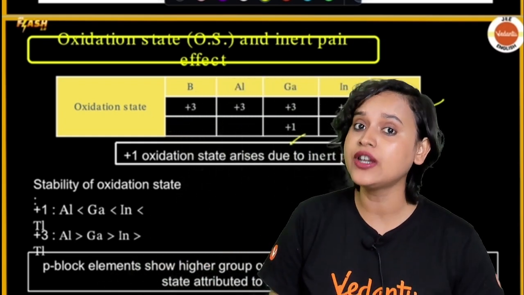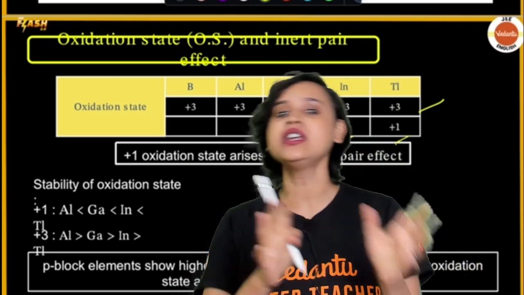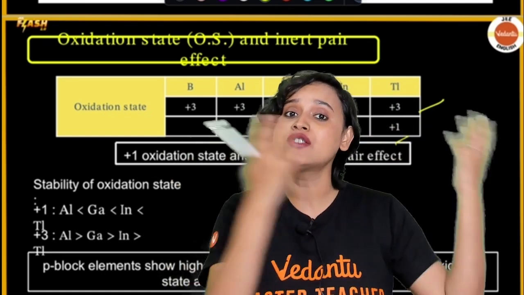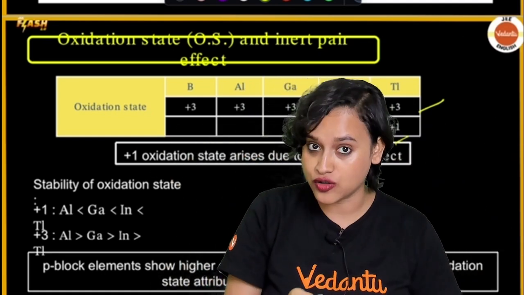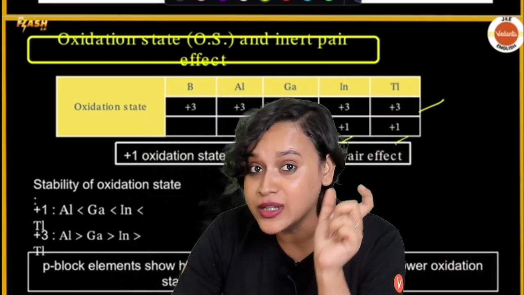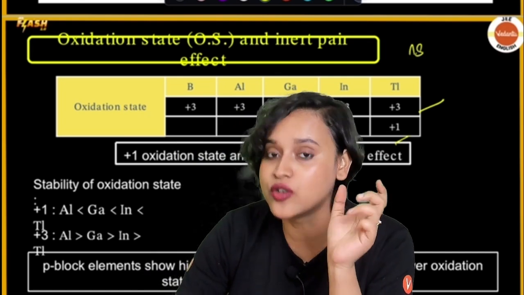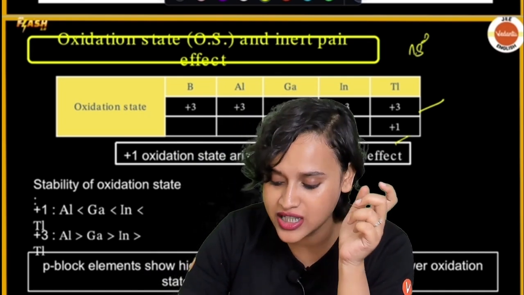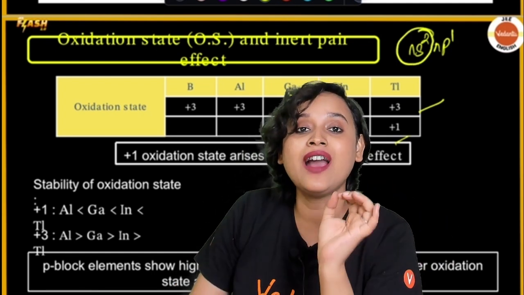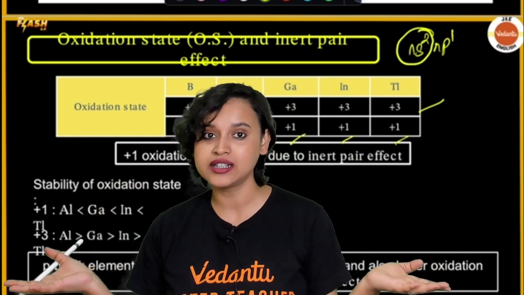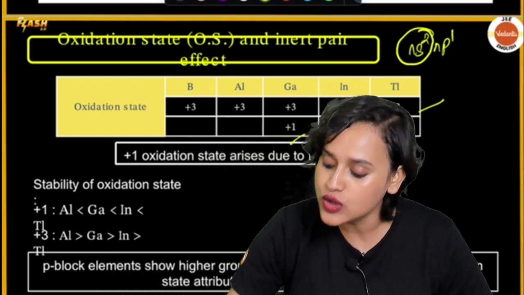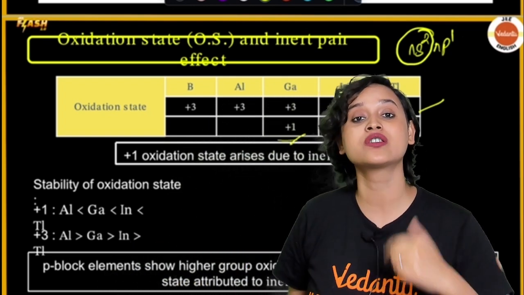What is inert pair effect? What is inert? Inert means that somebody is not going to mingle, right? Pair means two electrons, right? Who has two electrons? The s orbital has two electrons. So inert pair effect means the s orbitals that we have. Remember the group electronic configuration, ns2 np1. That means that these ns2 electrons are going to act like they are inert. They are not going to participate in the reactions, which is why you suddenly start seeing the +1 oxidation state